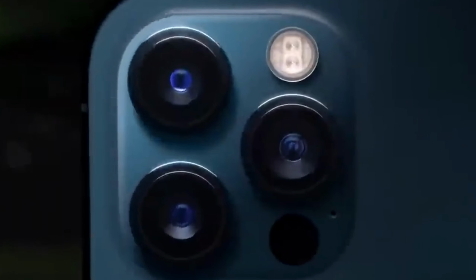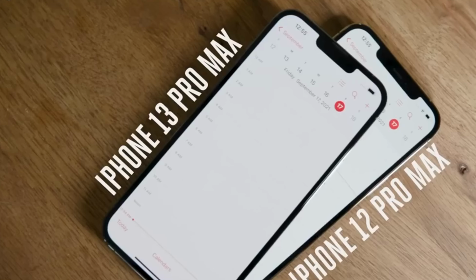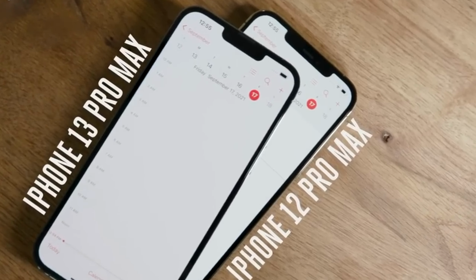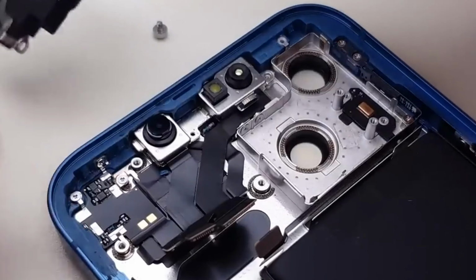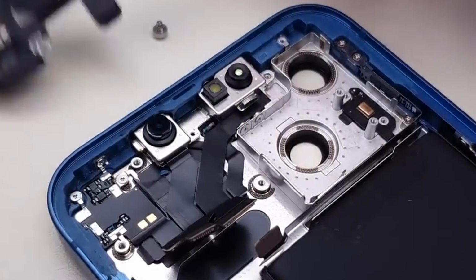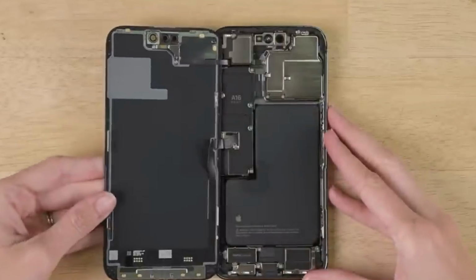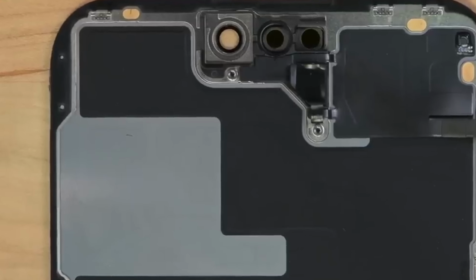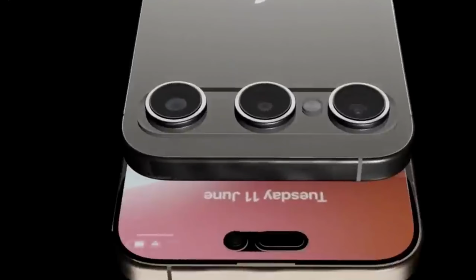The new titanium build will add durability without making the phone heavier, while the A19 chip is rumored to push the boundaries of power and efficiency. Apple is also working on a new thermal cooling system, ensuring the phone stays cool even under intense use. Battery life is expected to see a massive improvement, with reports suggesting it could last up to 2 days